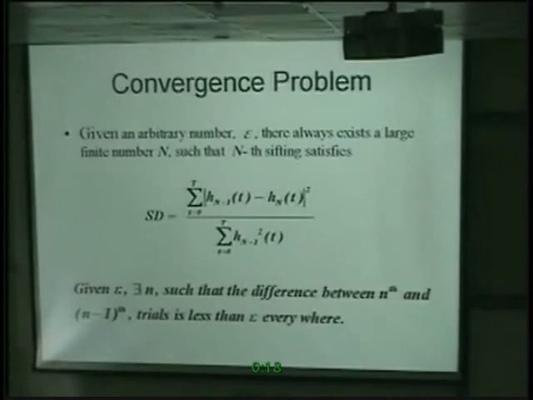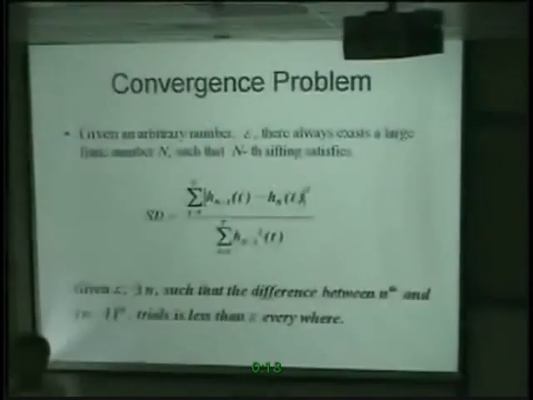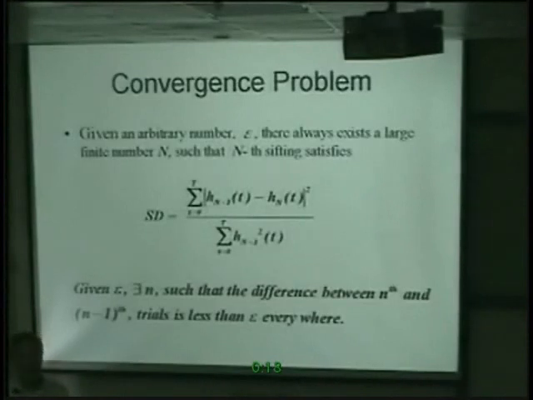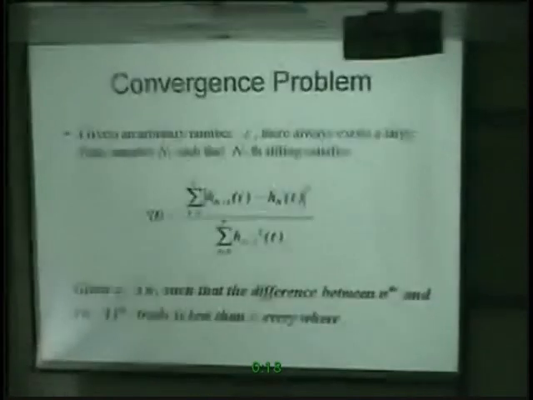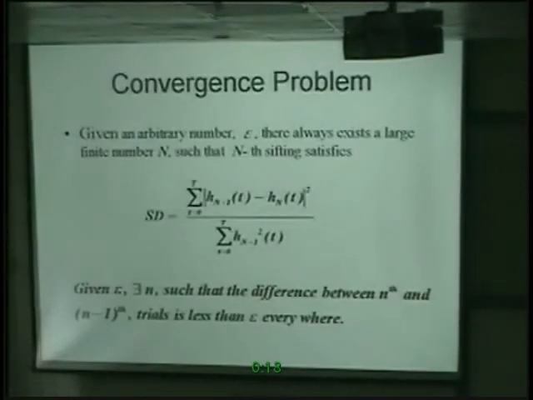My proof is empirical. I prove it case by case. Since the development of the method, I've used it, and many other people use it. And how many people use it? If you go to Google, there are about 2,000 people. Other people use this method and wrote papers or reports or give talks or whatever. Okay, and everyone find that it converges. But that still does not mean it is really converges. You have to have a mathematical proof that if you follow through what I say, it will really stop at the finite n. And unfortunately, I don't have that proof.